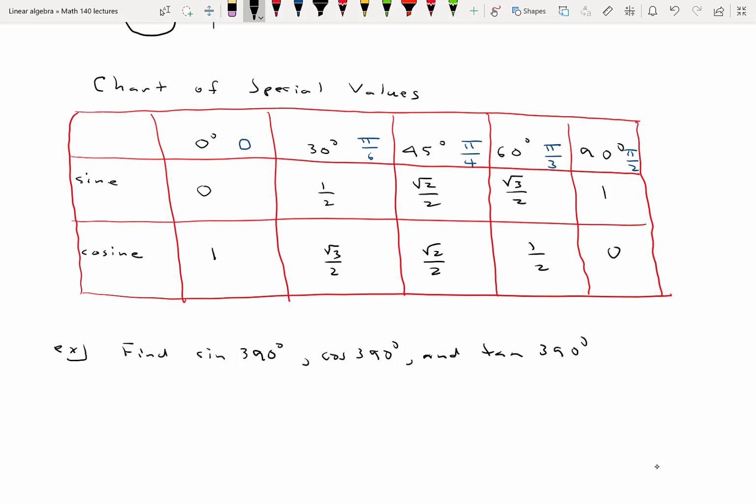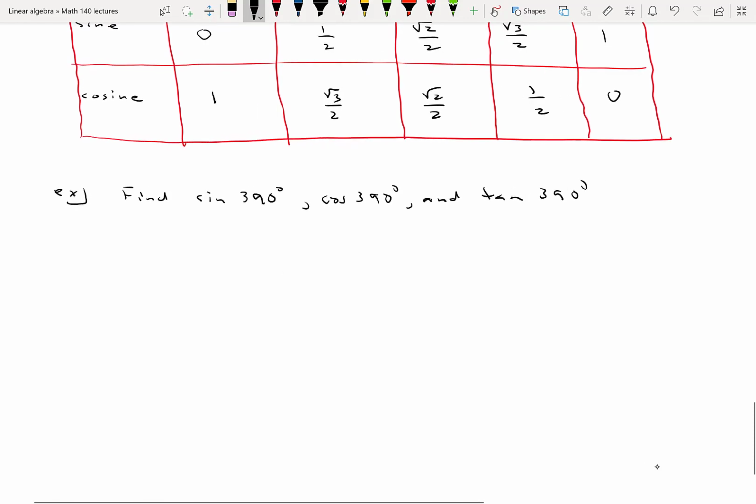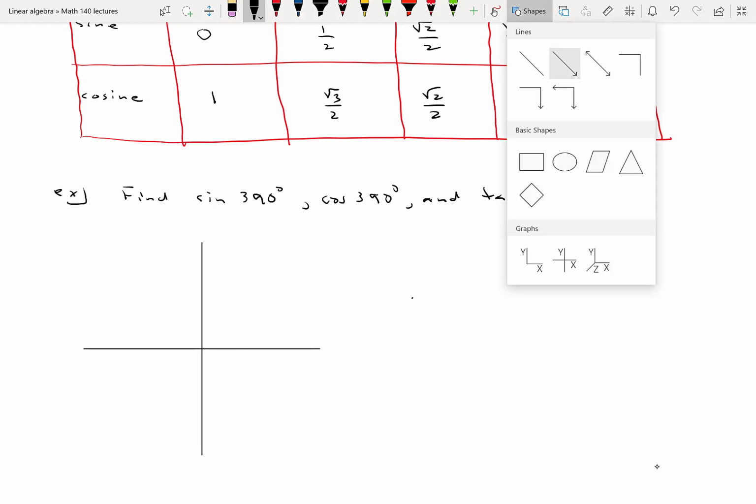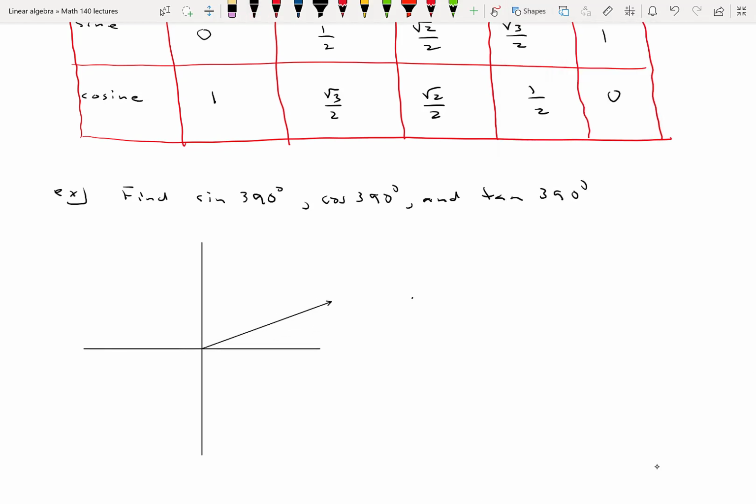Well, if we were to do this the way we've done in the last 20 minutes, 25 minutes or so, the first thing to do then would be to draw the angle. Okay, 390 is like going all the way around 360 and then 30 degrees more. So let's draw that terminal side. So there's the angle,